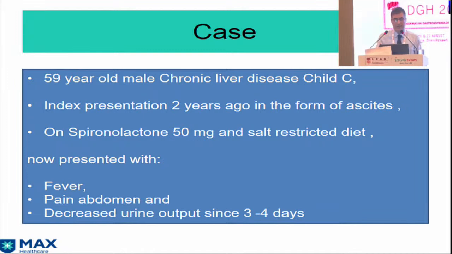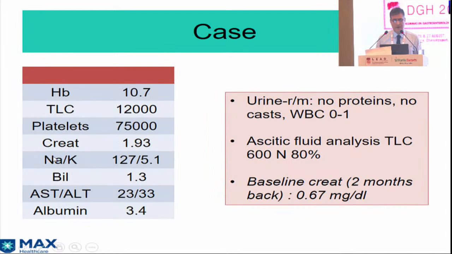So, this is a case which was given to me by the treating unit, by Dr. Puri. A 59-year-old male, chronic liver disease, Child C, index presentation 2 years ago in the form of ascites, currently on spironolactone and salt restriction, now presented with a 4-5 day history of fever, abdominal pain, and decreased urine output for the last 3-4 days. These were the labs: